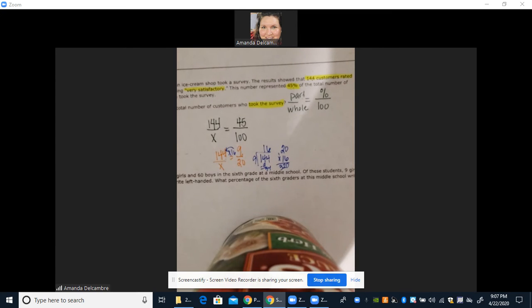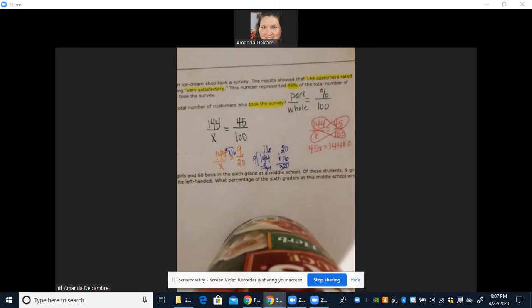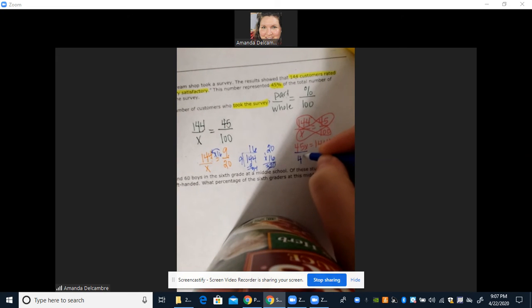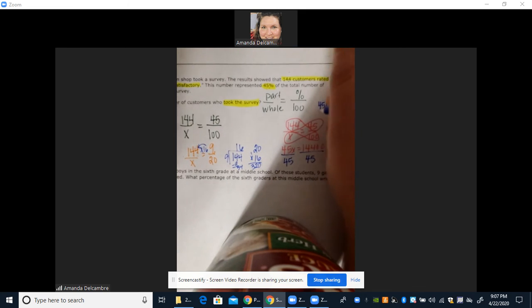So I'm going to set it up again. 144 over x is equal to 45 over 100. So if I simplify, cross multiply, gives me 45x is equal to 14,400. So you would divide each side by 45. I'm just going to come up here. Okay, so